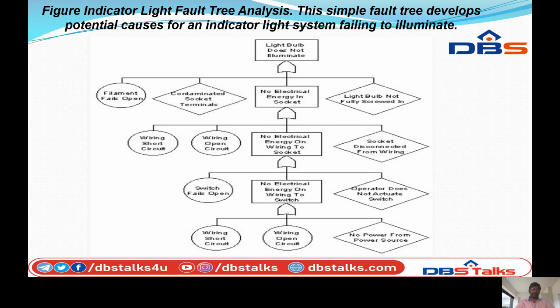Wiring short circuit. So next we can check the wires. The wires are short circuited. The wires are cutting, the wire is not joining. The wire is short circuit. So we can check the wires. This is the short circuit. Next we can check the wiring open circuit. So wires are opening. Opening means the wires are cut, so there is an open gap in the circuit. So this is the next, checking the wires for open circuit.